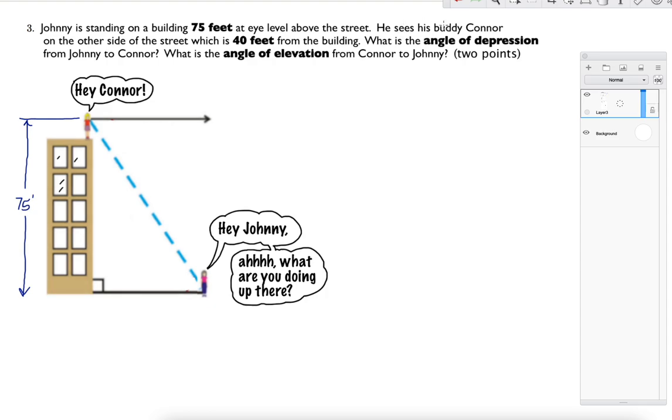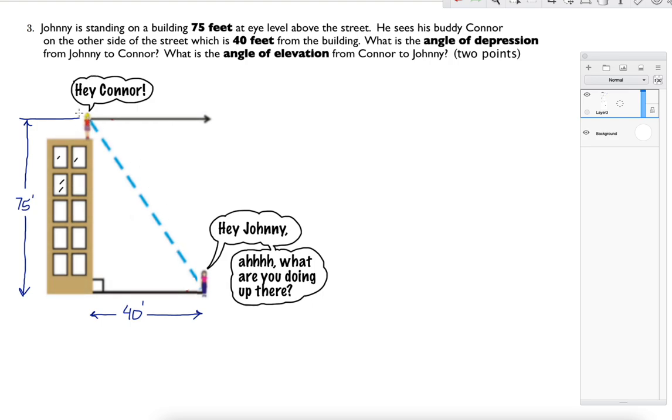He sees his buddy Connor on the other side of the street, which is 40 feet from the building. What is the angle of depression from